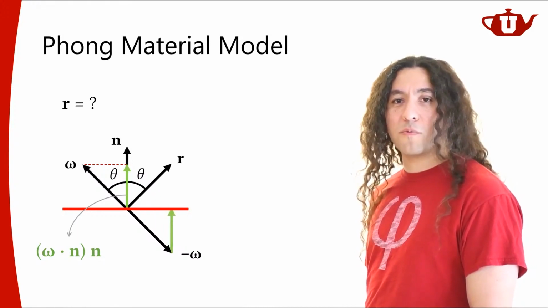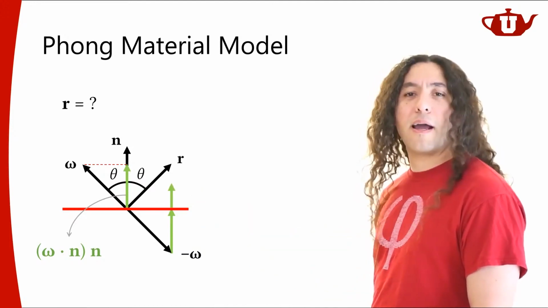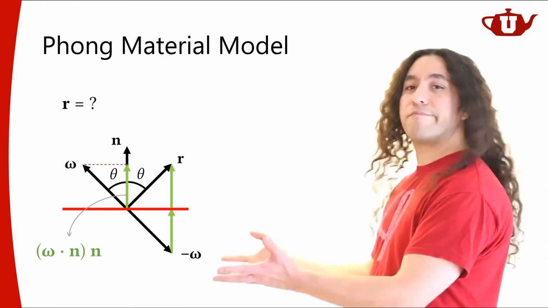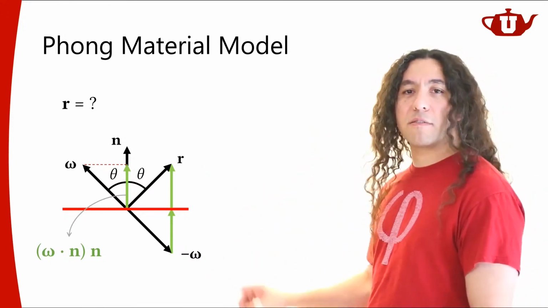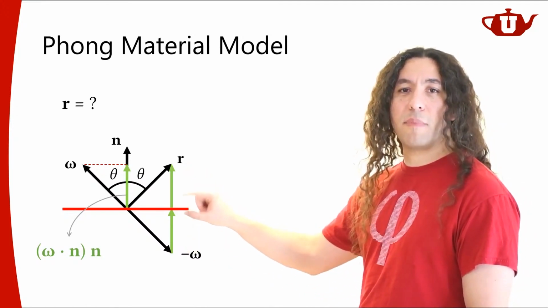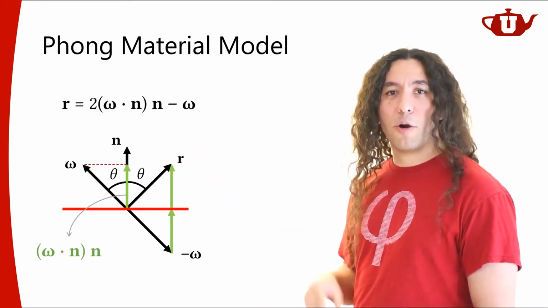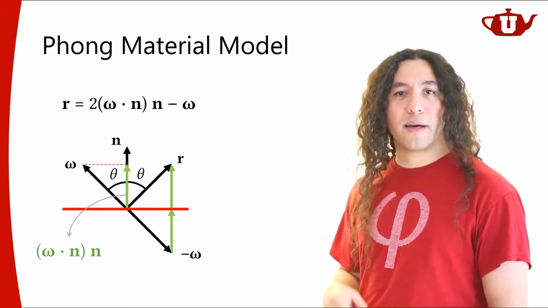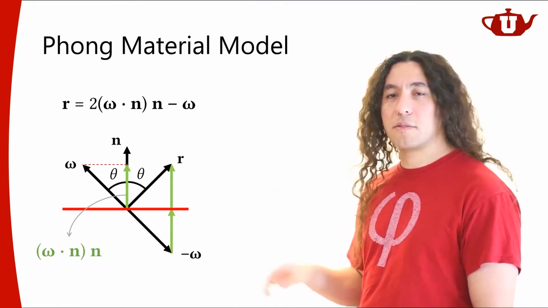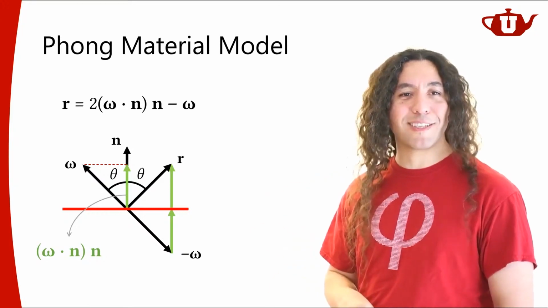Alright, so I can put one of that over here, that will get me to this point on the surface, and I can add another one that will get me to the perfect reflection direction. So if you combine it all, the perfect reflection direction can be computed as 2 times omega dot n times n, minus omega. That's going to give my perfect reflection direction. We're going to do stuff like this later on. I think it's good that we talked about this at least once.